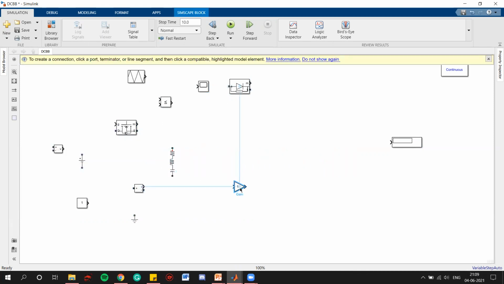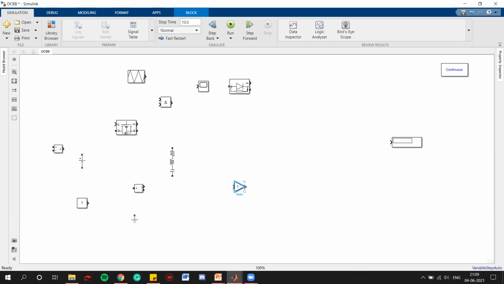Just wait for a second. Let's place everything. This is a diode. Diode is in reverse direction. So it will be here, right? Current measurement block will also be in reverse direction. So it will be here.